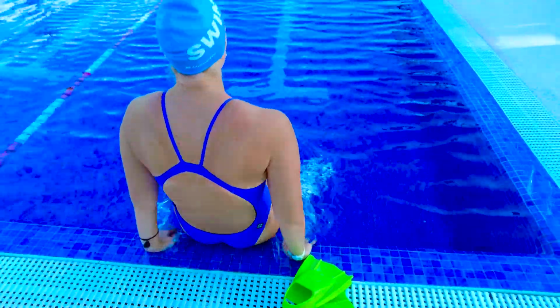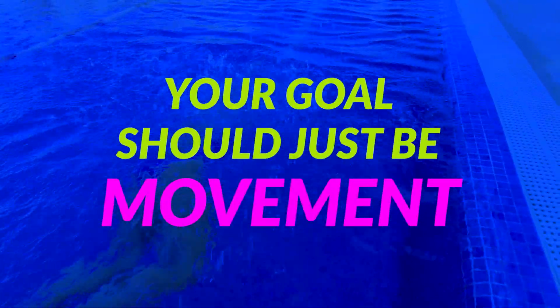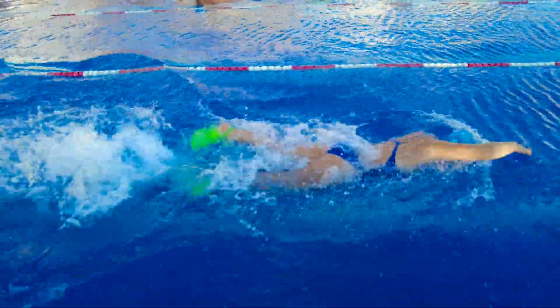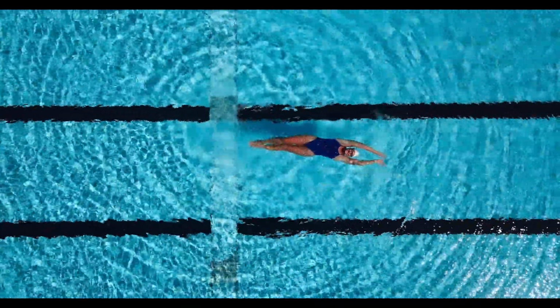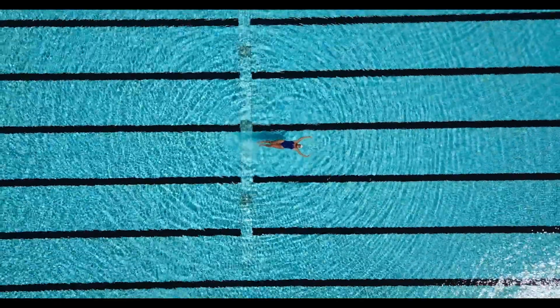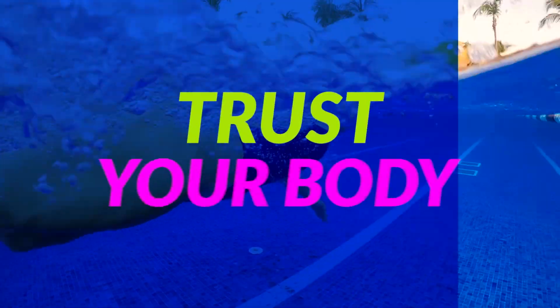Tip number 3 is that if you're a beginner swimmer, your goal should just be movement. You don't necessarily have to swim the 4 competitive strokes to get a great water exercise. Remember, movement is medicine, and that can mean water jogging, modified strokes, stretching, or even just a super short workout of a few laps. Tip number 4 is that if you are an experienced swimmer, remember that your body is